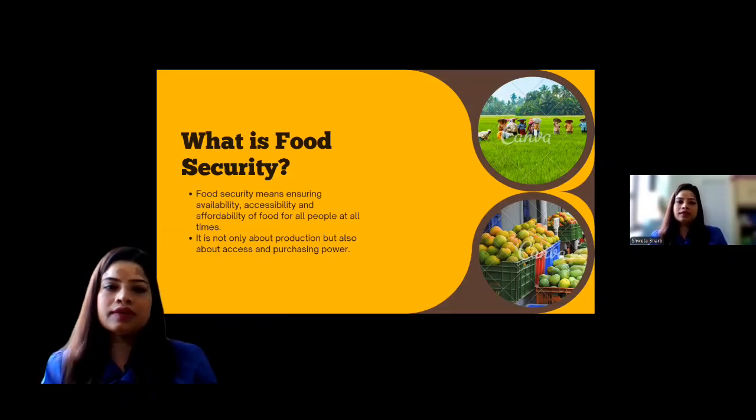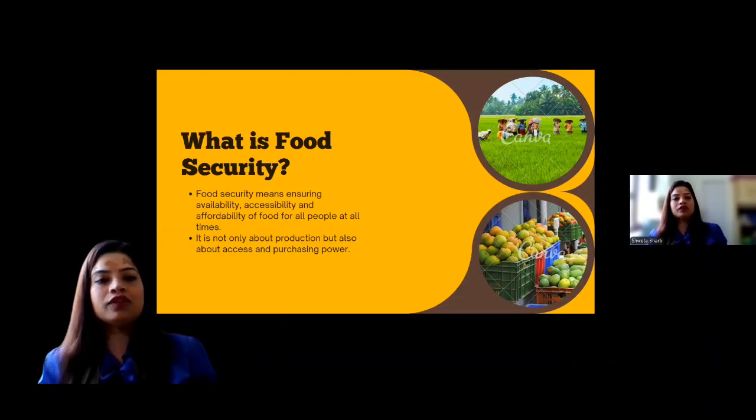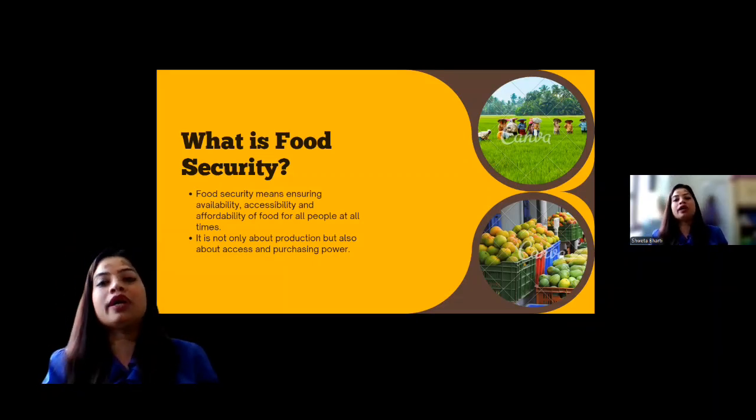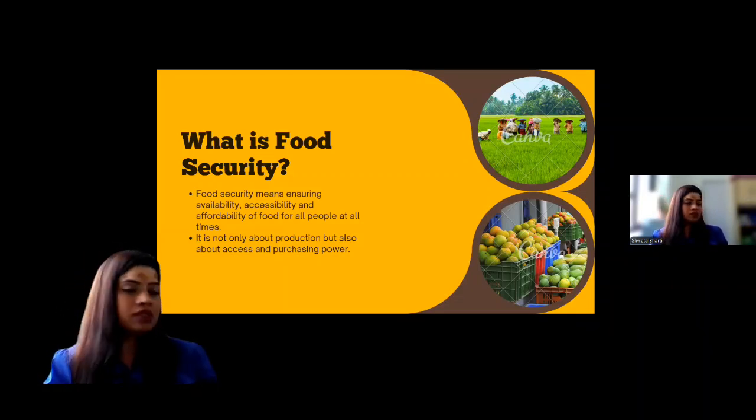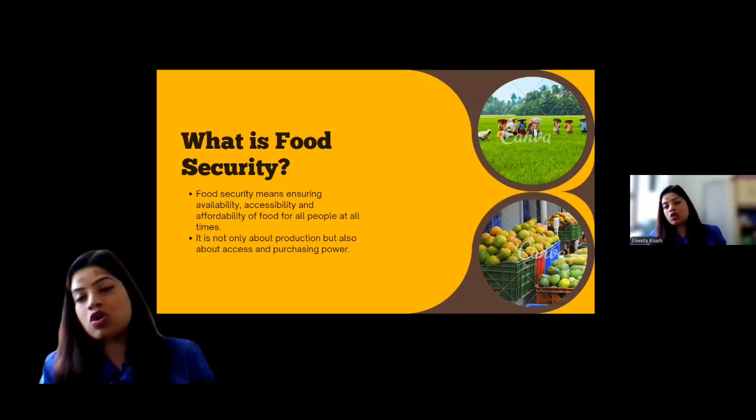Next is accessibility. If I talk about accessibility, it means if the food is being used, it should reach you. It should be under your reach. You can access it in your nearby shops, right? And the third thing, if we talk about